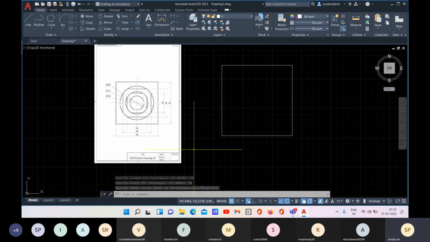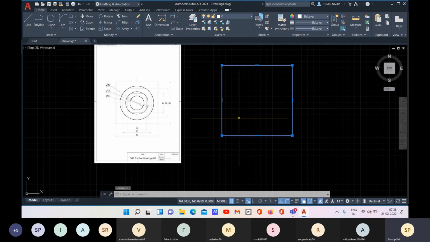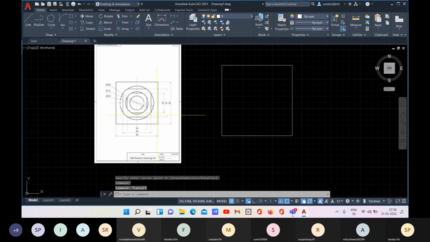So this is done. And now what you can do, you can go with the offset rather than creating more rectangles. You can go with the offset because in this particular example, these rectangles are concentric and all these circles are concentric as well.